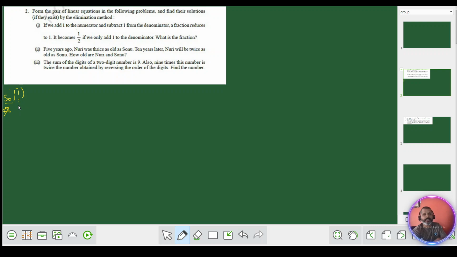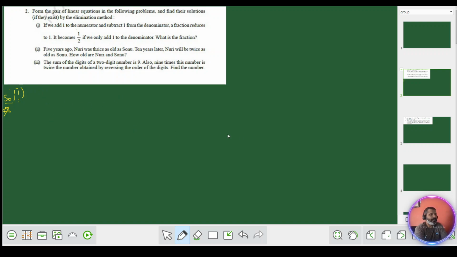Whose age do we know here? We know Nuri's age. Sonu's we don't know. So by reading this statement, Nuri was thrice as old as Sonu, you should know whose age is defined here and whose age is not defined. Sonu's is not defined, so we have to assume Sonu's age as x. So let's write. Let,